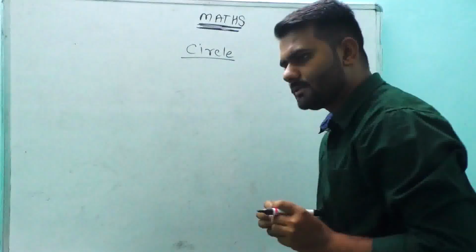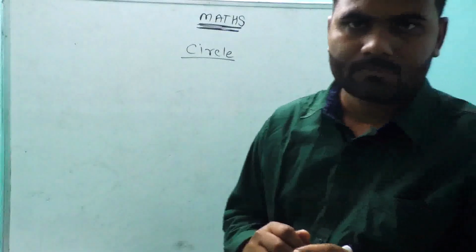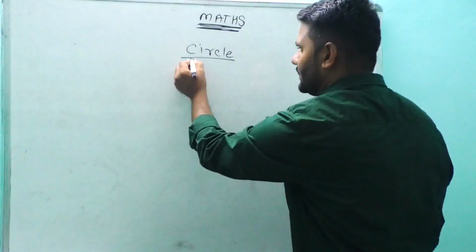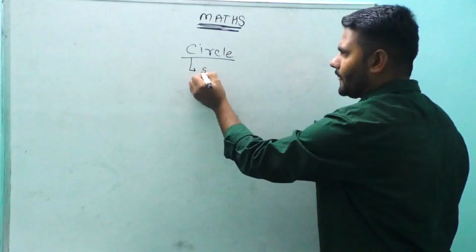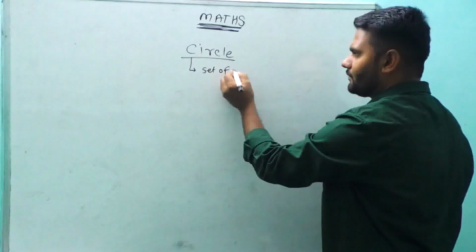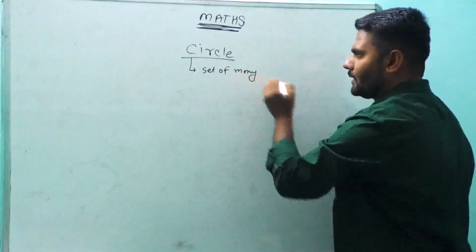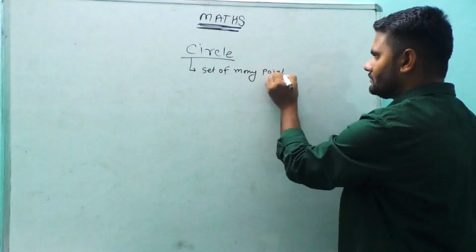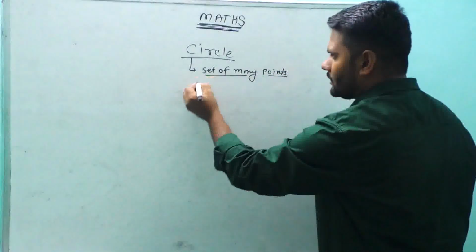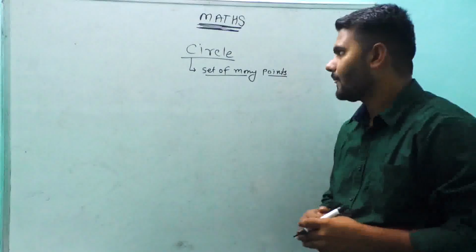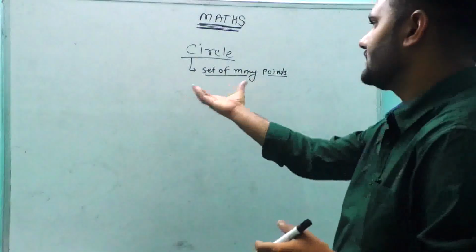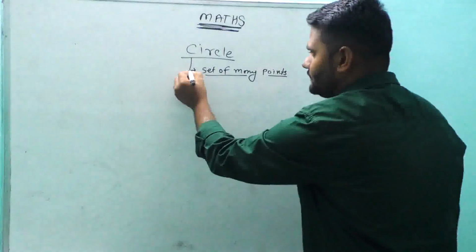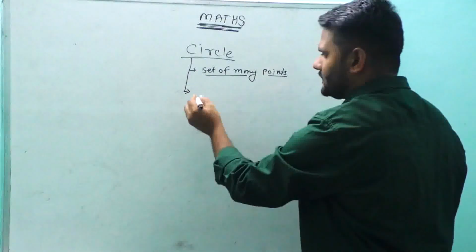The question is this: what is a circle? In a simple way, we can say that a circle is a set of many points. Simply put, a circle is a set of many points, and by definition